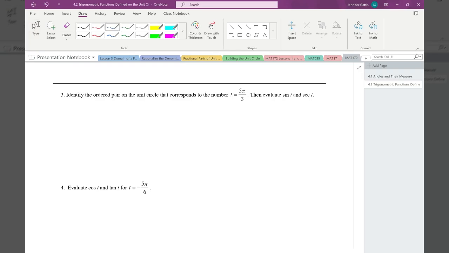First of all, what quadrant is 5 pi over 3 in? 5 pi over 3 is in the third quadrant. And in the third quadrant, remember, tangent is the only thing that's positive, which means that sine is going to be negative and secant is going to be negative. So when we consider where 5 pi over 3 is,